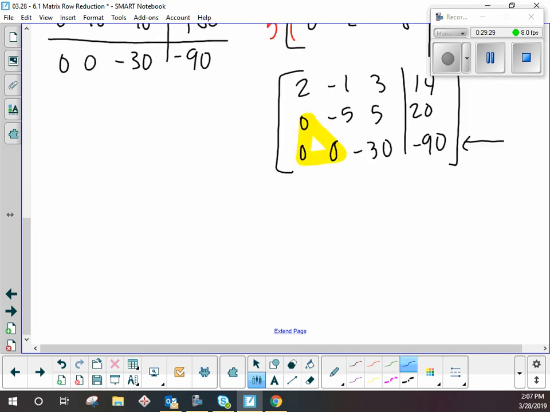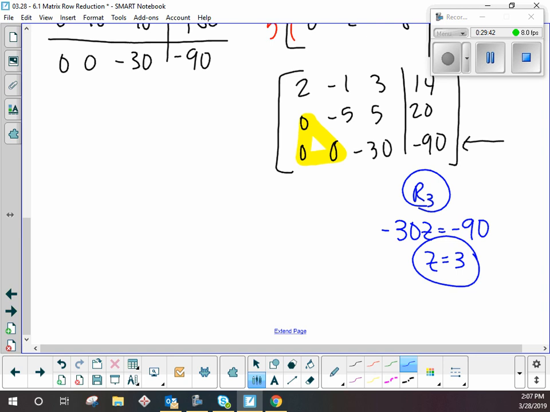So I'll begin that process. I'll put it in blue so you can see where I'm going. So starting with row 3, starting our back substitution, z equals 3. What am I going to do with that? Okay. Go to row 2